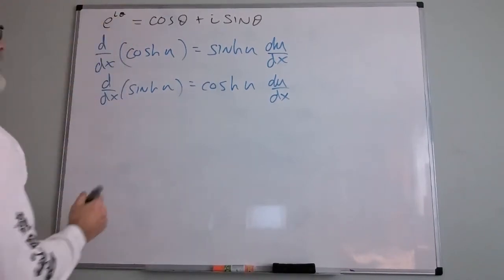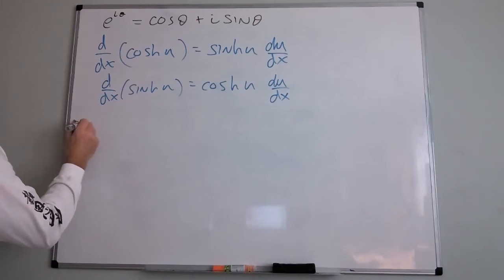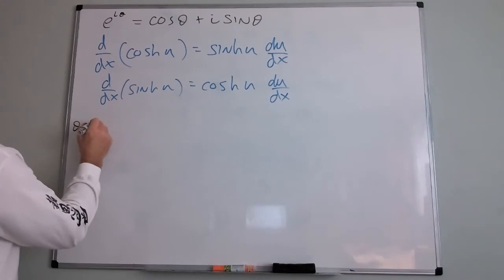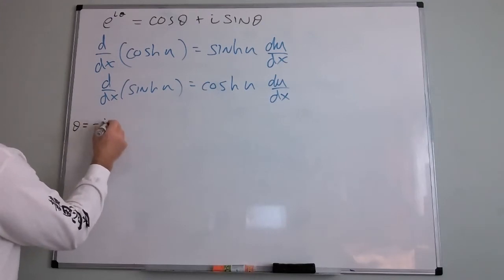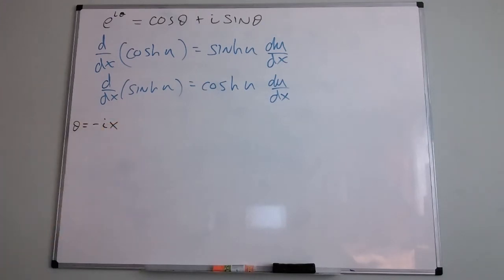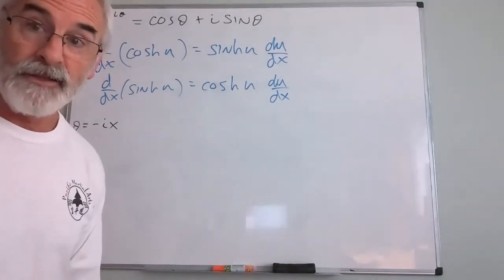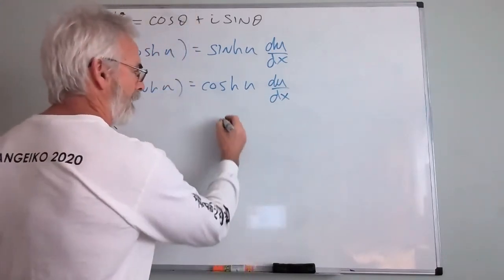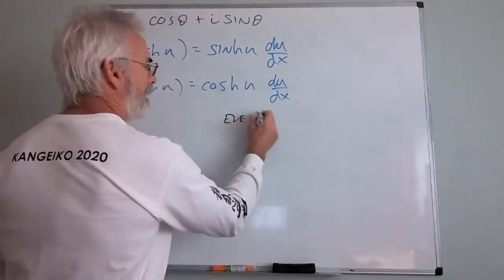Okay, if e to the i theta is that, then let's start by having theta equal, how about, theta equals negative ix. Remember, there's no rules on theta. Theta can be real, imaginary, theta can be anything. Now, I want to remind you of something that you may or may not remember about even and odd